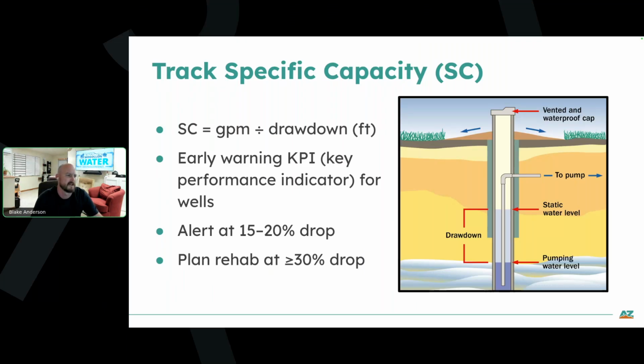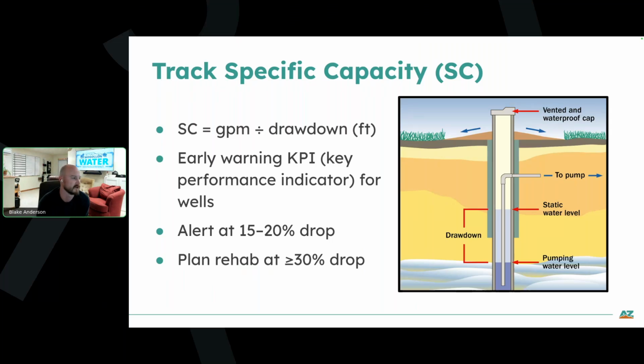So another metric that you can track is what's called your specific capacity. This is a little bit different. You're looking not just at your well motor, but also at your drawdown and what your pumping levels are. Your specific capacity is a pretty simple metric: you take your GPM and divide it by your drawdown. Your drawdown is the difference between your static water level, when the well pump's turned off, and your pumping level, when the well's running. That's where the water level drops to. Whatever that changes is your drawdown.